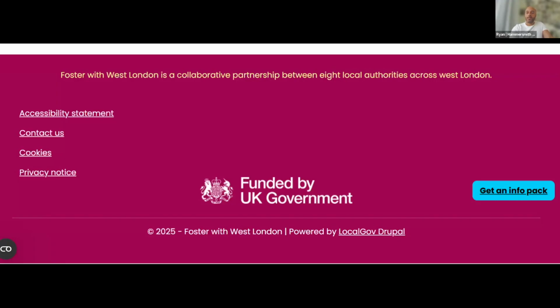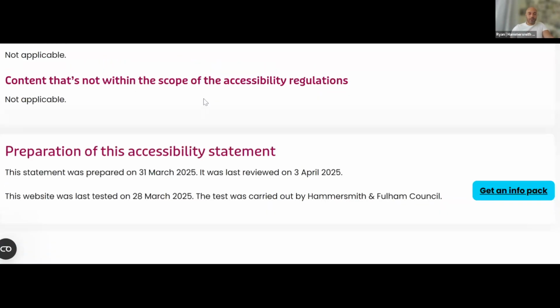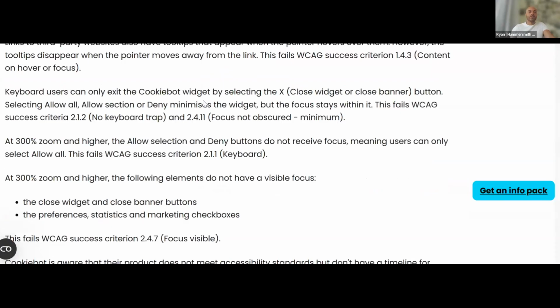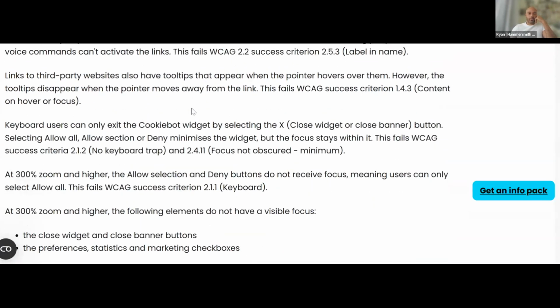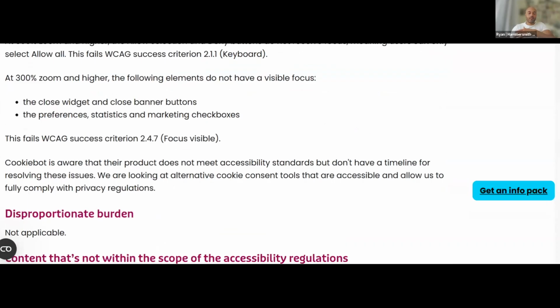So I contacted Cookiebot on a different issue when I first did the test, and I think Tom from Anatech has reported this issue to Cookiebot too. They've just said they know their tool's not 100% compliant. They've passed it on to their engineers, but they can't give us a time frame as to when this will be fixed. So with that in mind, I've put that into our accessibility statement, and you can see all the other issues there that are wrong with Cookiebot. I have said at the bottom that the company are aware of the issues but don't have a timeline. So we're looking at